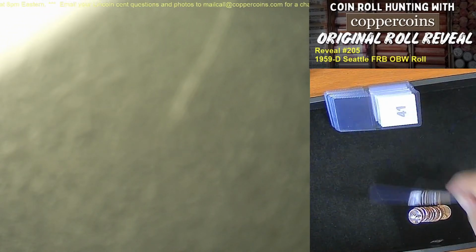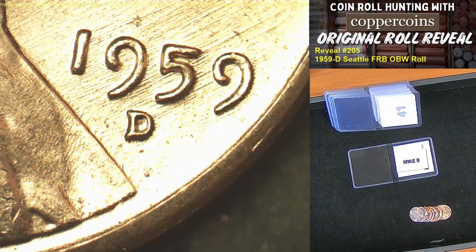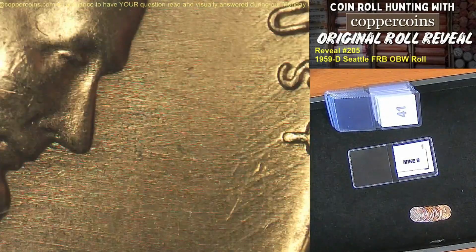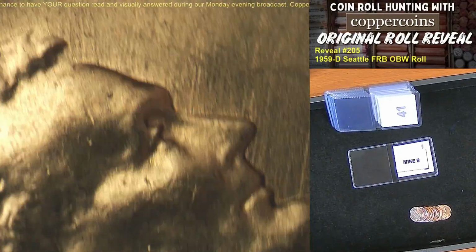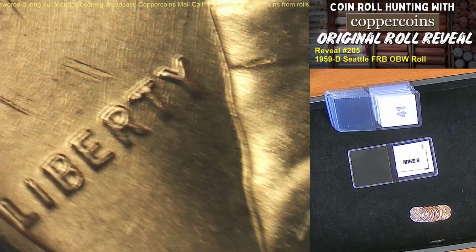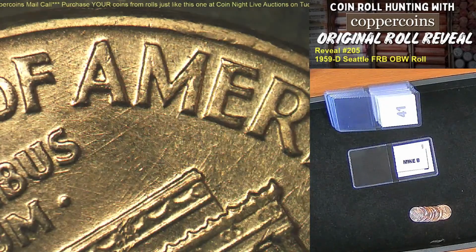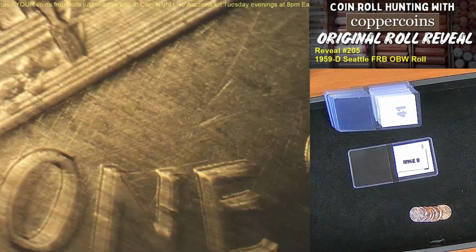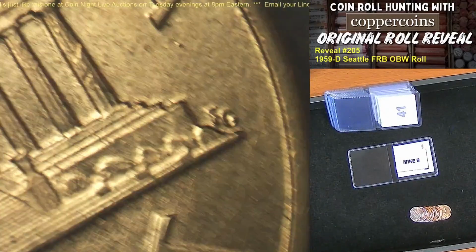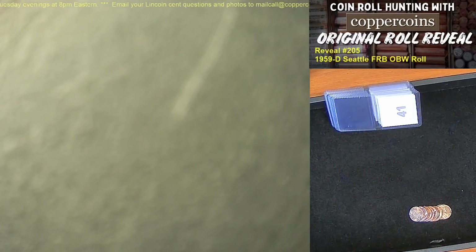All right, here's coin number 40. Coin number 40 goes to Mike Birchman. And we have already seen the gambit of different dies that we're going to see out of this roll, I'm pretty sure. So it looks like we've got one relatively minor RPM that we're going to end up listing in this roll. And then there could be a second one that I might give in and decide to list. I might not. And then we'll have that other reveal coming up in 1 hour. We'll go ahead and do it at 5 o'clock. We'll do the 5 o'clock presentation of the...